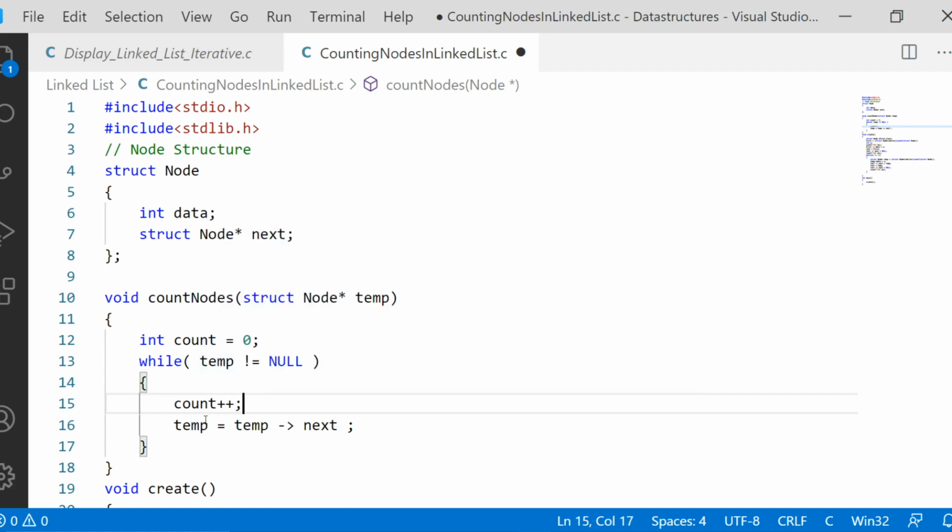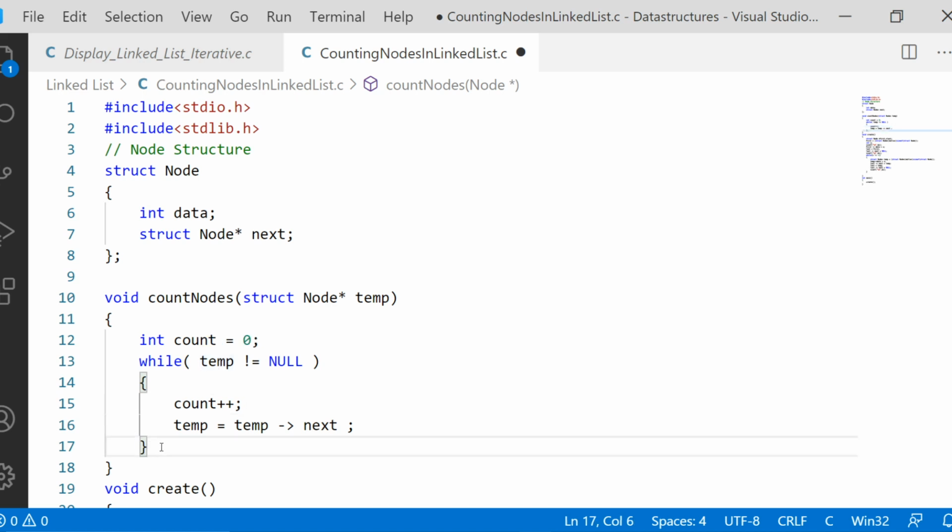So initially you count the node and then you move to the next node, until your temp becomes null. If temp is not equal to null, you do this process again and again. If at some point temp becomes null, then you can stop the process.